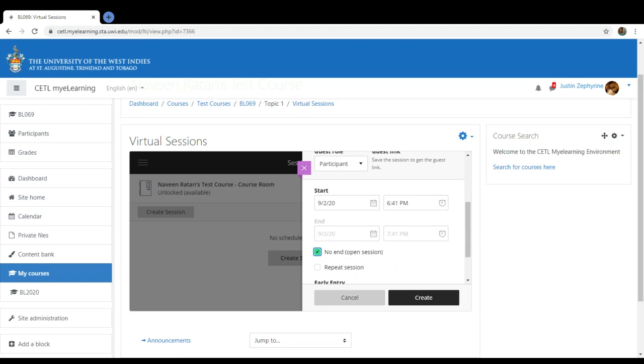The reason you're going to put that, even though a session is going to be an hour or 2 hours or whatever, you want to ensure that the session doesn't cut off on you. Very often when we come to the end of a particular session, that's when students have the most questions to ask. Or you might be explaining something and you just need an extra 2 minutes to explain it, or 5 minutes to do so. You don't want the session to cut off on you. So you want to put no end or open session, and that way you can control when the session ends. It doesn't cut off on you.